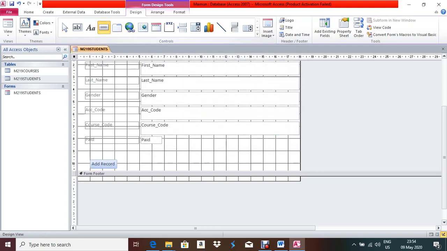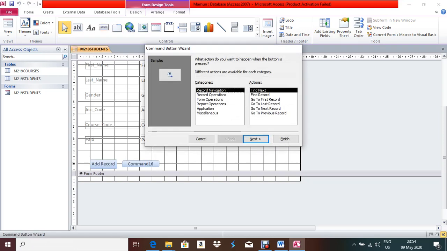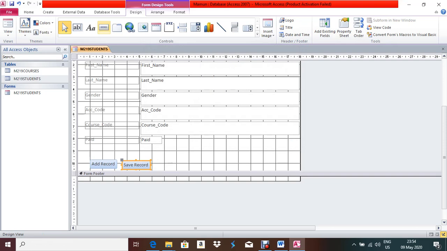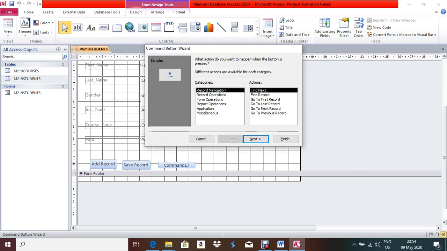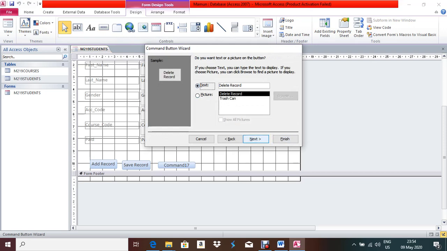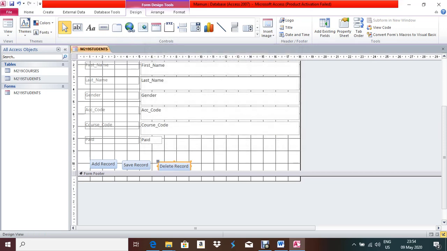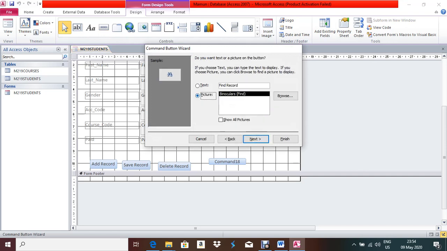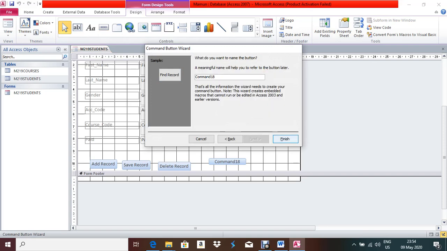Then next one, save record, record operation, save record, next, text, next, finish. Then another one, record operation, delete record, next, text, next, finish. Then another one, find record, you can record navigation, find record, next, text, next, finish.